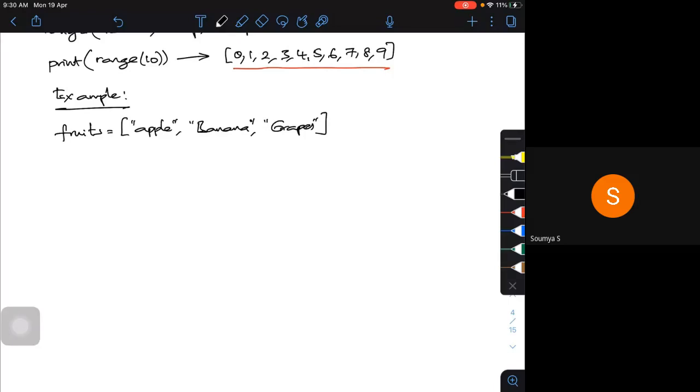Now for example, how to iterate using a for loop? For that, I have to give a condition for any value of something, maybe i or n or g, whatever it may be. Let me give it as i.